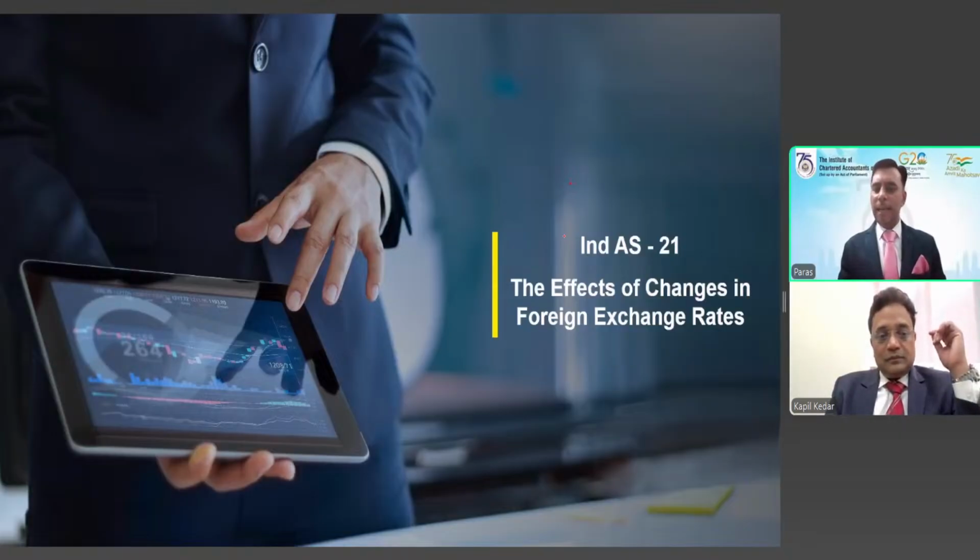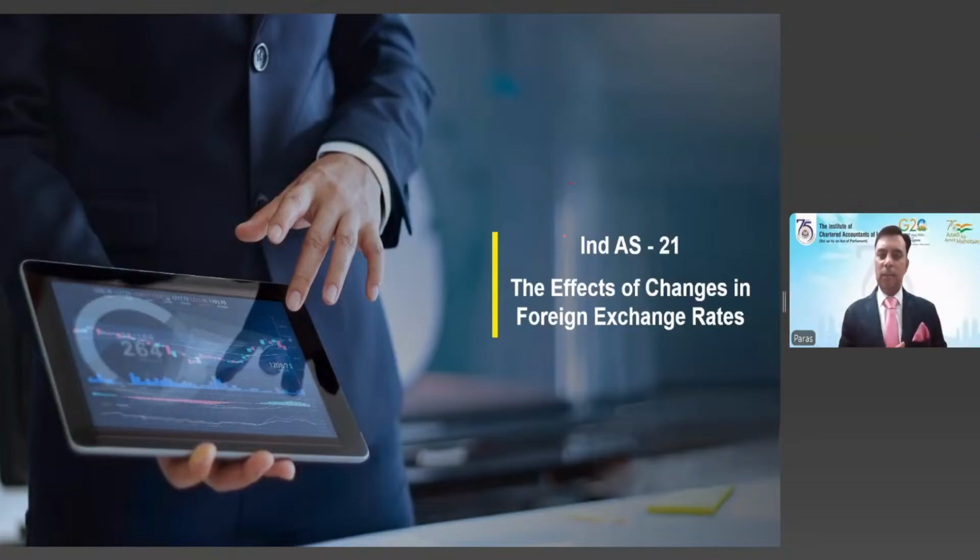Let's assume there is entity X Limited, which has been registered under Companies Act 2013 or 1956, as the case may be. And this company is carrying out its business in India, right? So it is assumed in AS 11 that INR will be the functional currency of this entity as well as the presentation currency of this entity. But on the other hand, if you read the provisions of Ind AS 21, you will get to know that it is not always possible that INR will be the presentation currency or the functional currency of this entity. It could be US dollar, it could be pound, it could be any other currency depending upon these facts, circumstances,